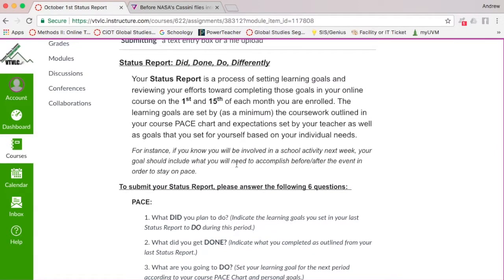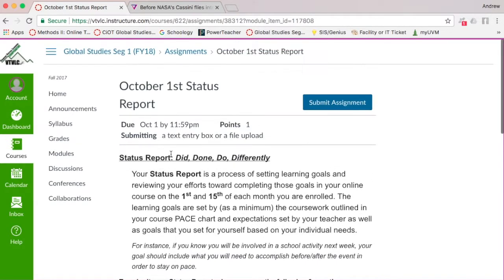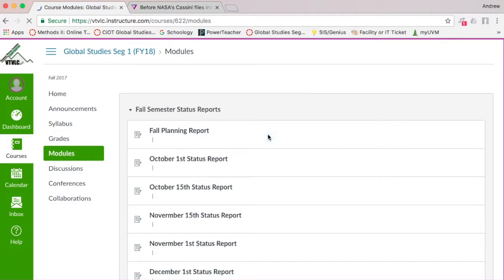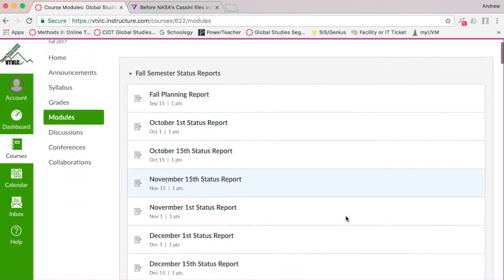Those are the basic things I need to talk about today. So your next status report should basically not show up until October 1st. You'll notice that the due date is a little bit iffy. If you want to submit your October 1st status report on like September 28th, that would be okay. If it's like a Saturday and you don't get to it until Monday, that's also all right. I can handle that. Just make sure it's sometime around the date it's actually assigned on.